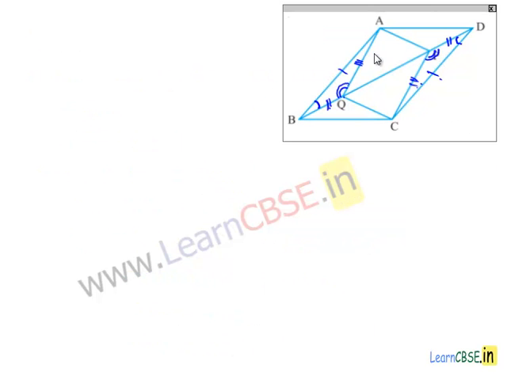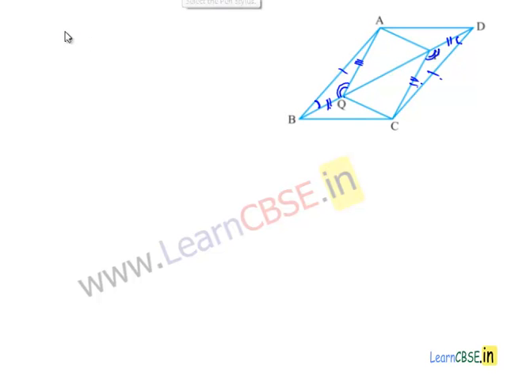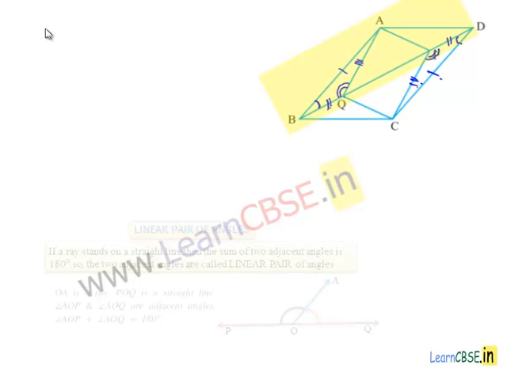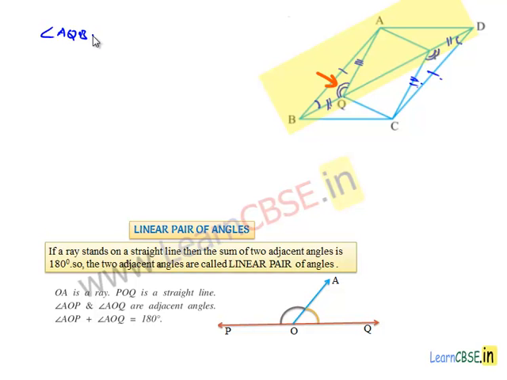Now if we consider line BQD, here angle AQB and angle AQP form a linear pair. So we know that sum of angles on a linear pair is equal to 180 degrees. We can say angle AQB plus angle AQP is equal to 180 degrees, and also